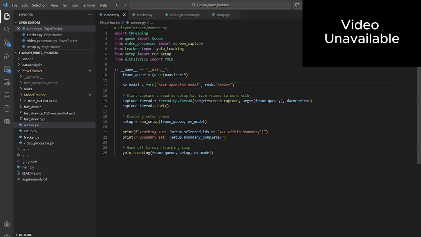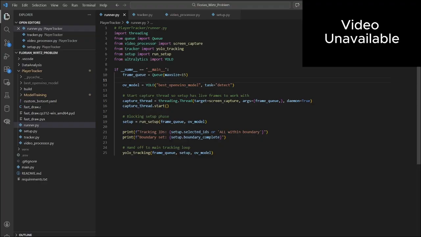So you can see we're importing a lot from the other three mentioned files. This is connecting the tracker to the actual video processor to the setup. The idea of how I actually have this running is, right now, I want to ideally set it up so that I can just watch a game on my screen and the data analysis at the same time. And I can pull that up